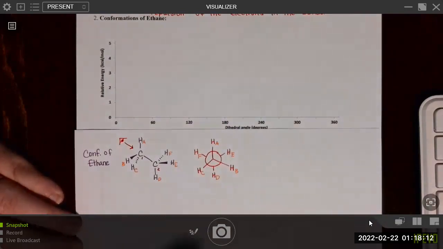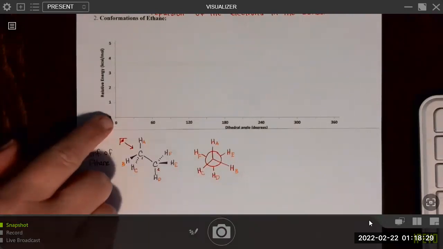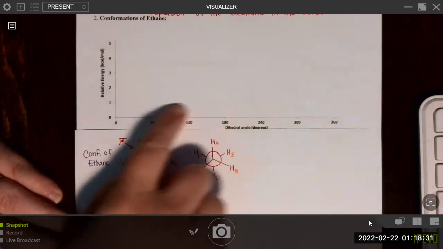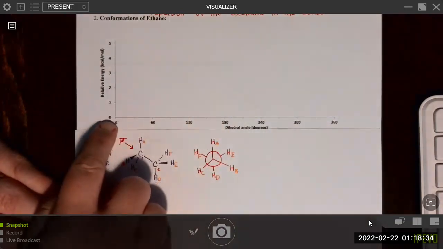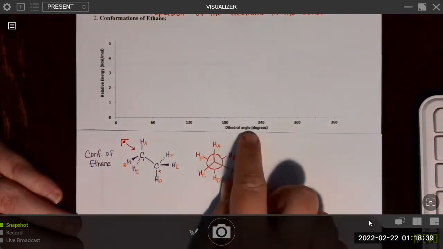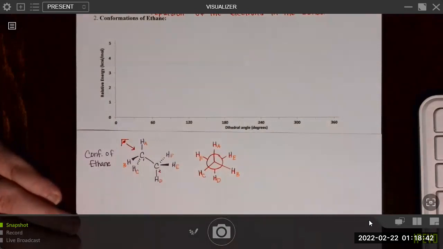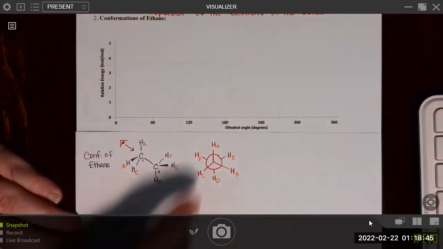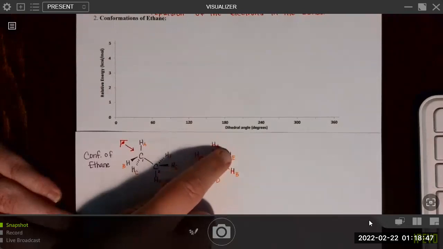Okay. So this is, of course, a staggered conformation. But in order to be able to do this graph, we need to highlight a couple of these hydrogens and ignore the rest. And then what it wants us to do really is start at 0 degrees. Of course, you could start anywhere on the graph, but to my mind, we start on the left here at 0 degrees. And if we have a 0 degree dihedral angle, that means that we start with an eclipsed conformation, because remember that this is a 60 degree angle between, for example, HA and HE.